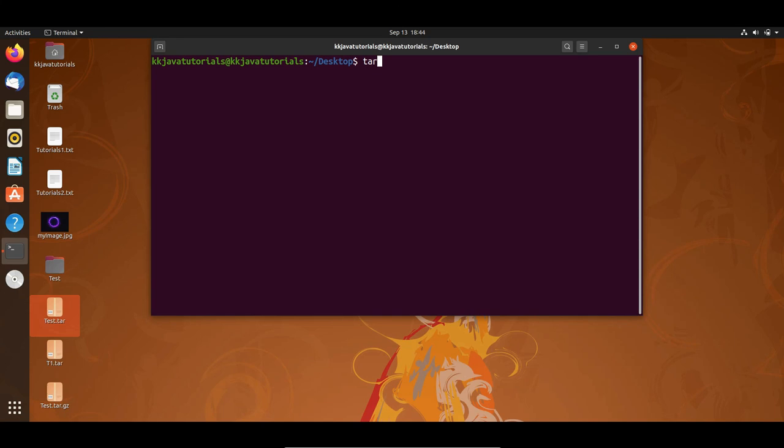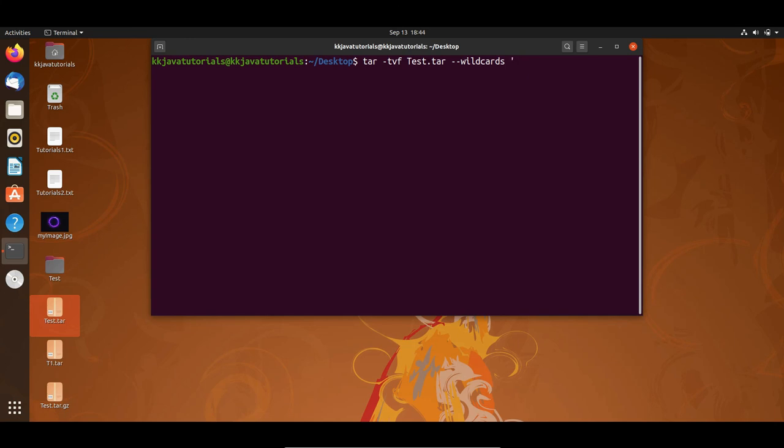Then you have a command like tar, then you have to write tvf, and then after you have to give the file name that I'm going to give test.tar, and after that you have to give the wildcard. So wildcards, hyphen wildcards you have to specify, and after that in single quote you have to specify.